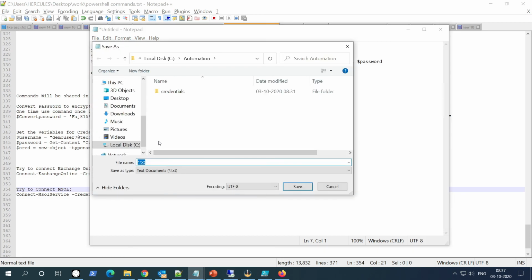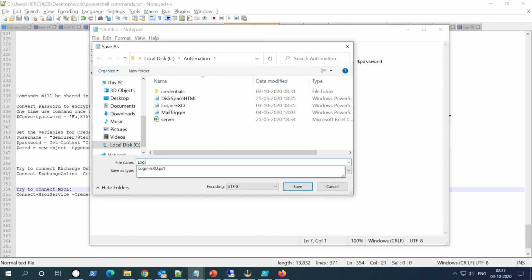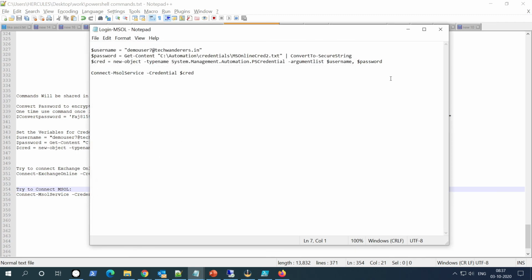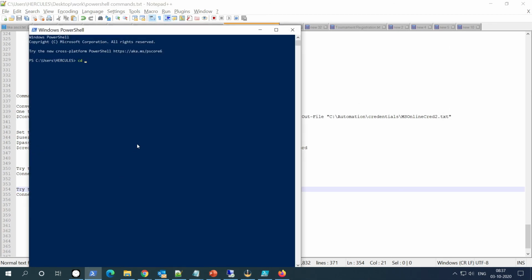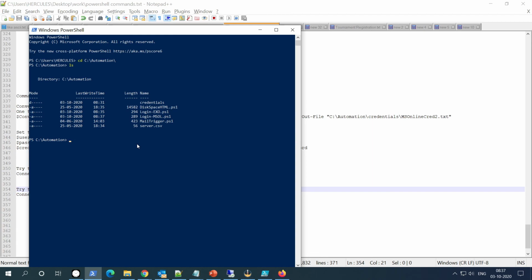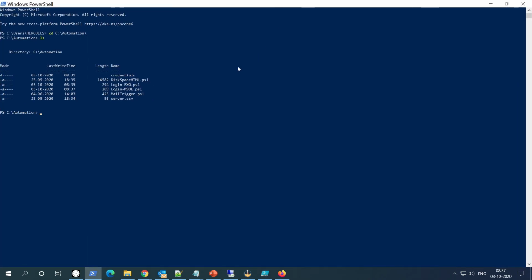Save As, automation folder, all files, login-msol.ps1. Here you go. Login-msol.ps1.